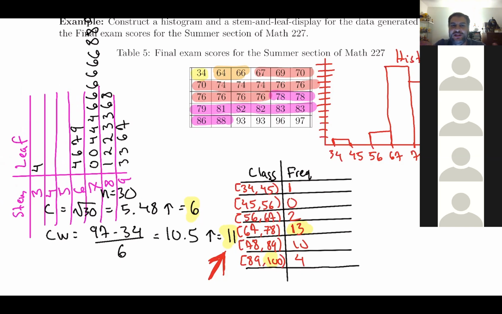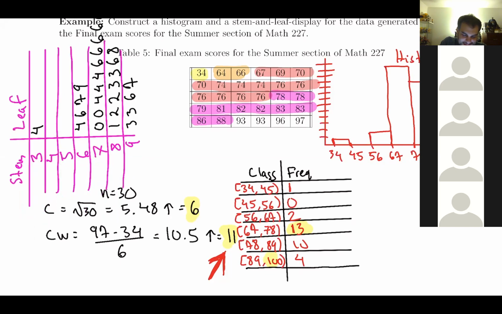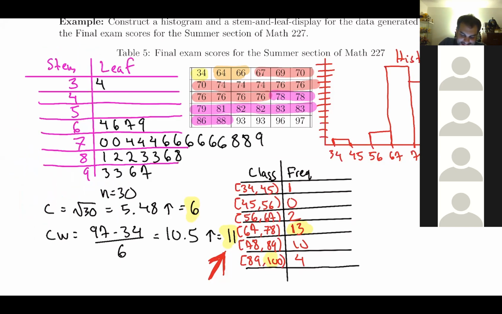Well, if you look at it, which side has the least amount of data, the left side or the right side? Cool. So the left side. So for this one, you should get that left skew.